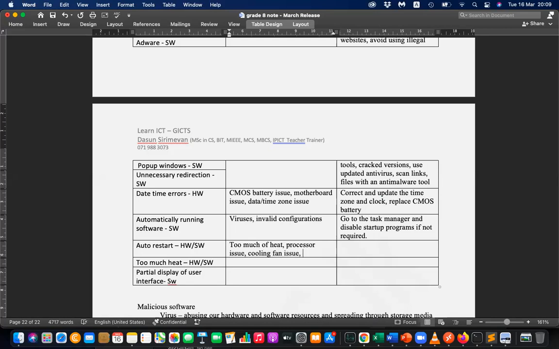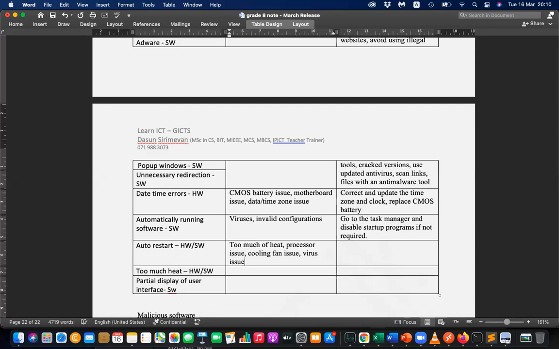It can be a virus issue too. So to check that, you can check fans, clear dust, check startup programs,